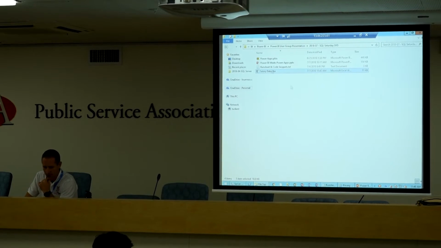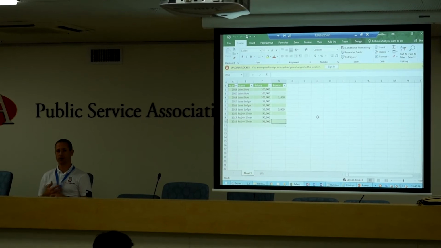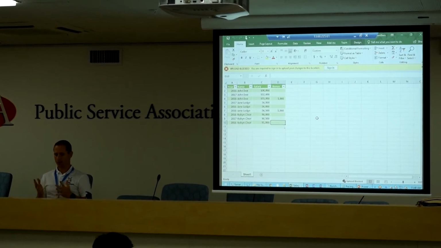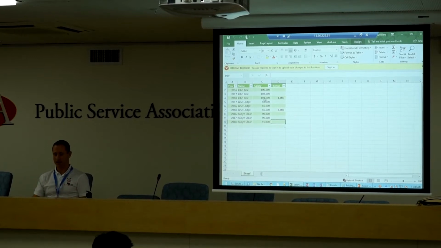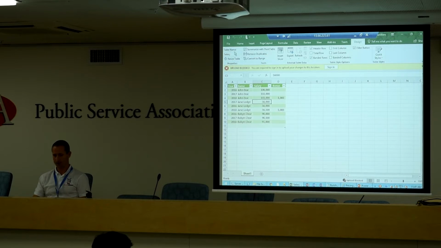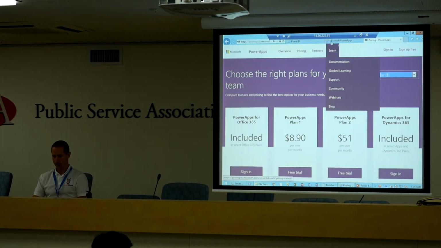It should be okay. You get different data sources that you can bring into Power Apps. If you've got an Excel spreadsheet that you want to use for Power Apps, the requirement is that this has to be formatted as a table. And what I've done is I've just given it the table name of salaries. You can give it any name, but if you don't format it as a table, when you try and bring it into Power Apps, it won't actually find your data source. So, what I'll now do is move over to